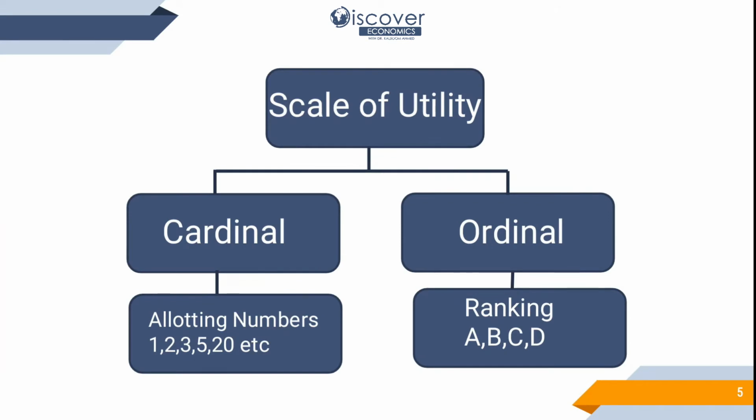Now we have the scale of utility: we have the cardinal approach and the ordinal approach. What is the cardinal approach? Allotting numbers to different products is the cardinal approach. For example, there are two cars, a BMW and a Nissan, and if I ask you to give them numbers, maybe you will like the Nissan more than the BMW, so you may give it more numbers because you value it more. In the same way we have the ordinal approach, where we are not giving numbers, rather